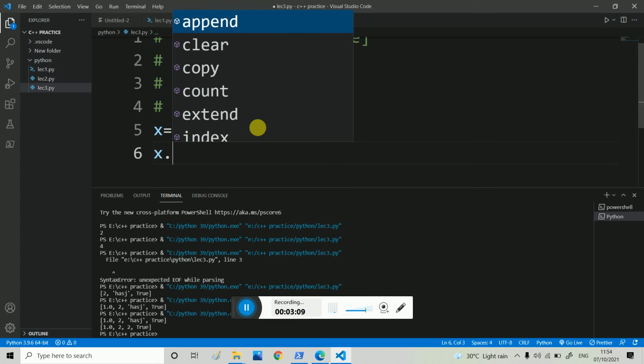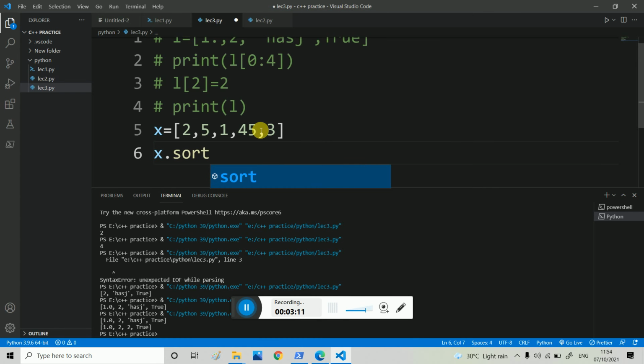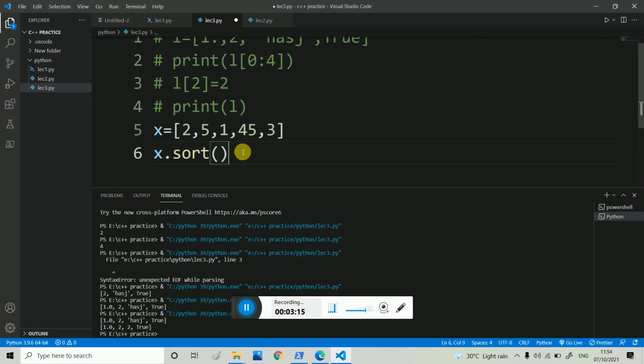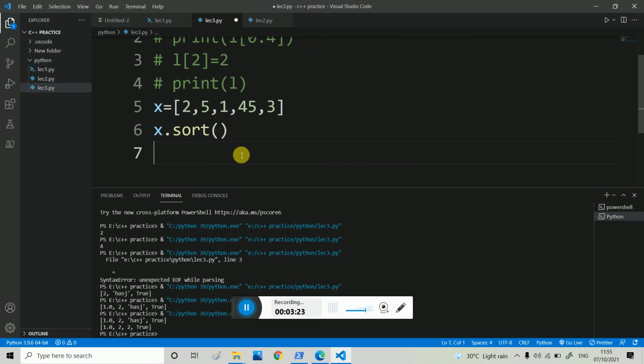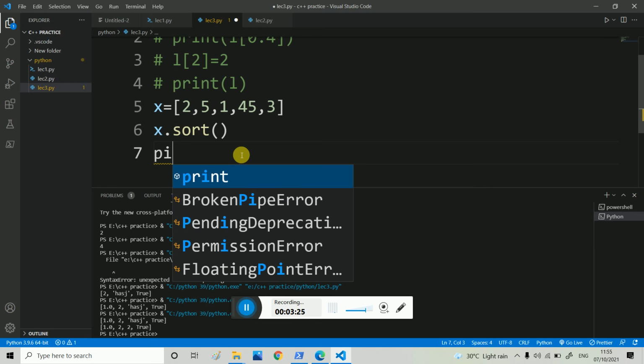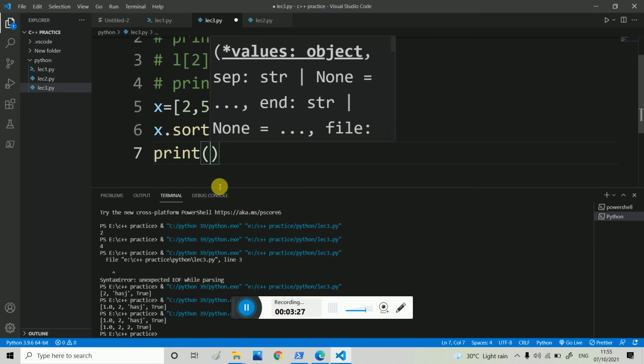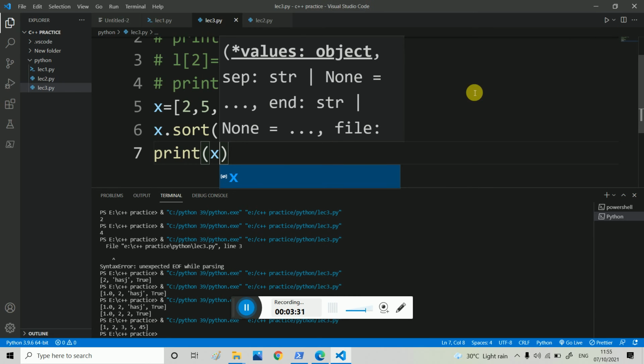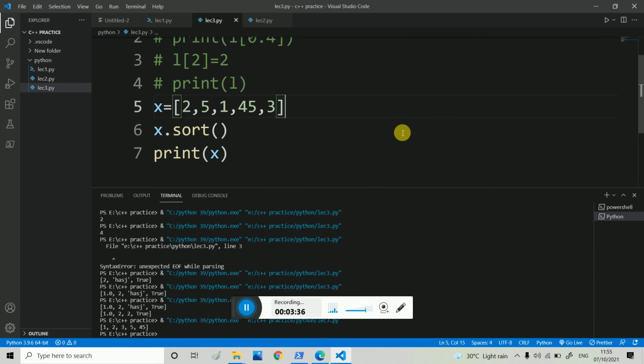If I want x dot sort, this list becomes sorted. So print x. Let's run. This will give me 1 2 3 4 5. I think you understand sort.